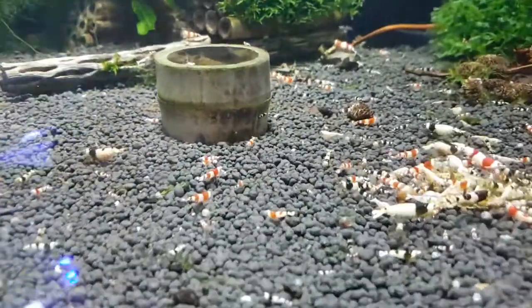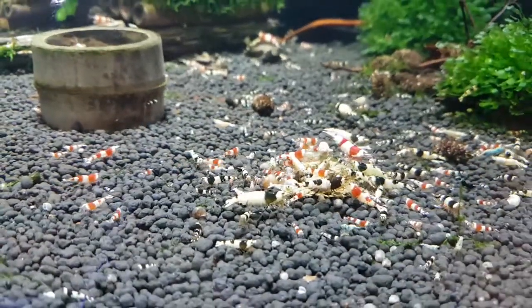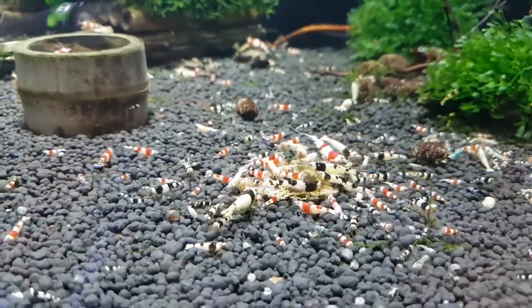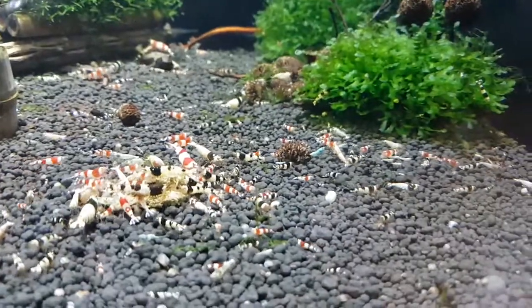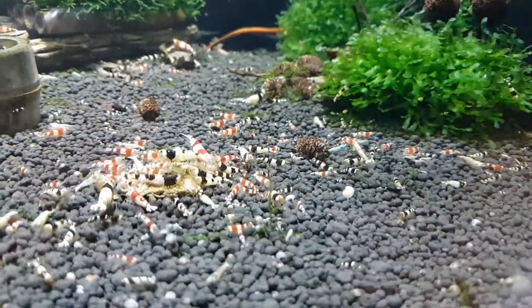And so we've had all kinds come out. But I just like to see what different colours come out. I know some people don't mix them, they like to have the pure strains. But that doesn't worry me too much. I just like to see a good old gang of shrimps running around having fun,